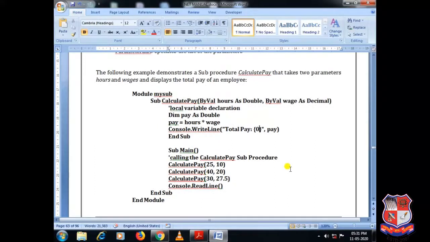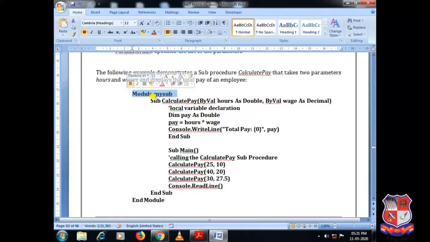Over here we have taken a module. If we do not want to create a Windows Form application, then you can create a console application too. When you create a console application, you do not have any kind of graphical user interface, where you need to write your VB.NET code in module. So over here, I have taken an example for the console application. That is why it is a module.